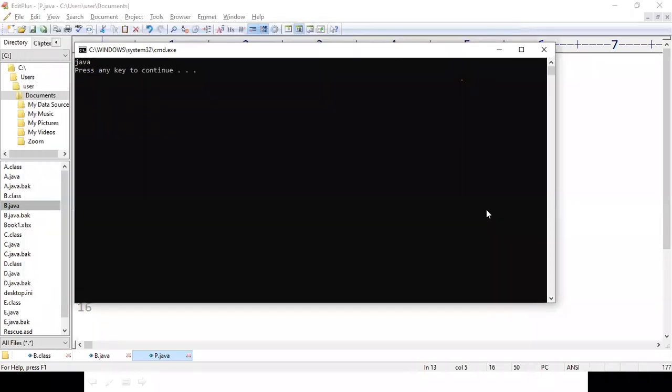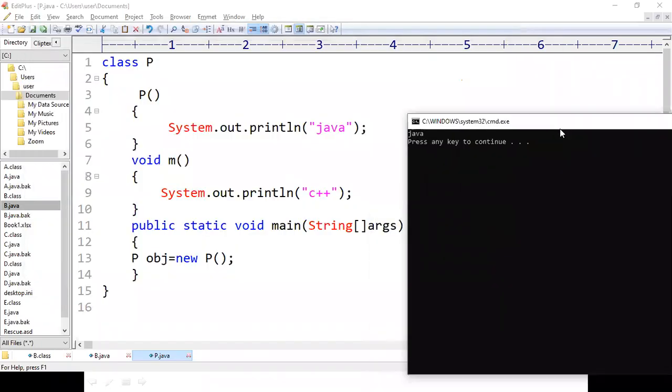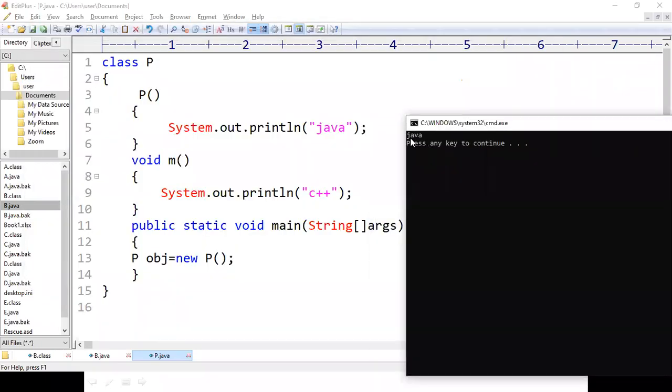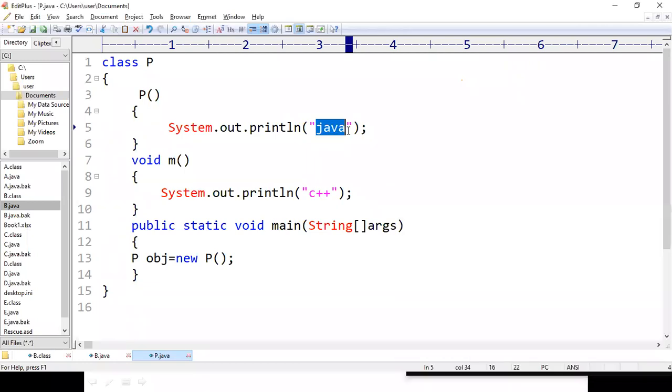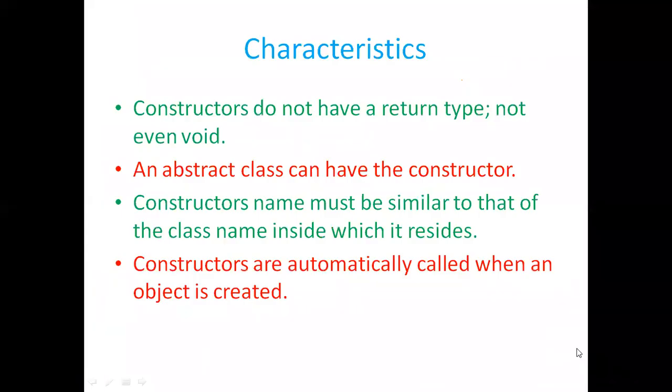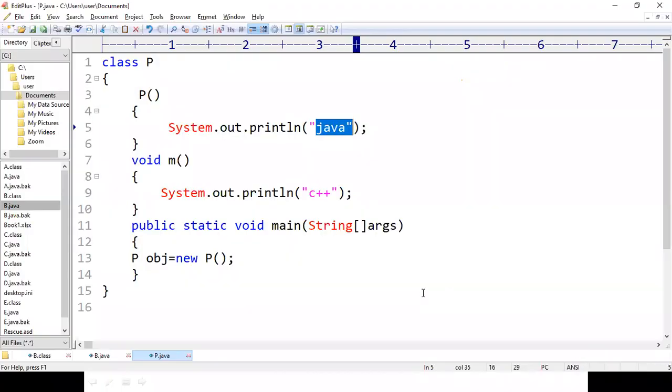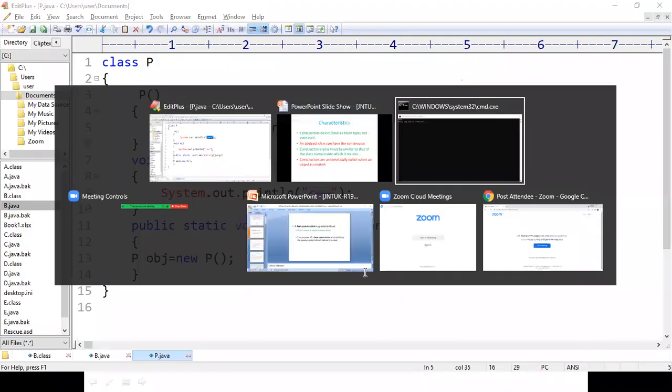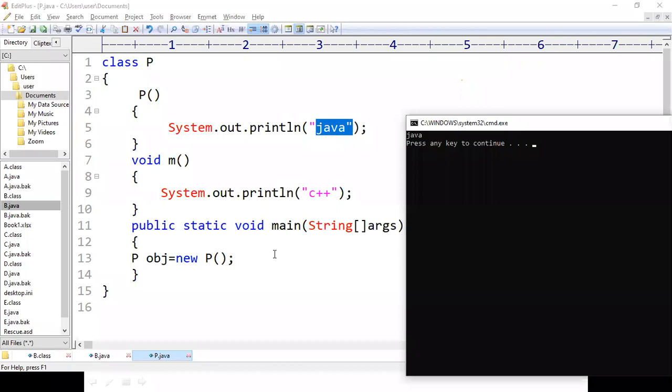If I run the program, something has been printed on the output screen, that is Java. So whenever the constructor is executed, it will print Java on the output screen.